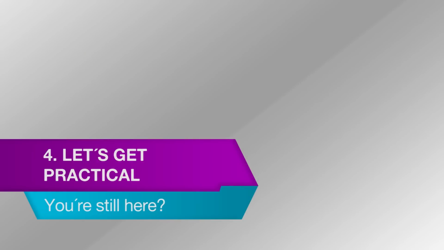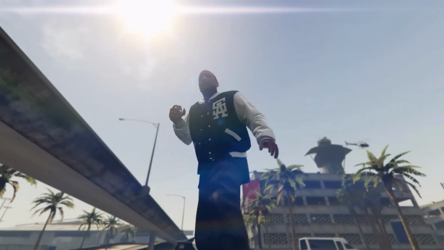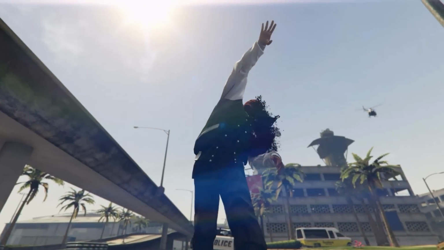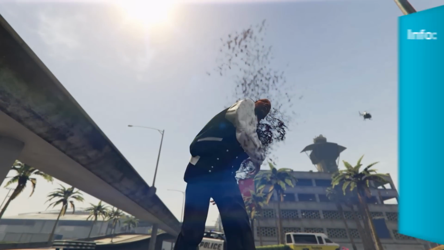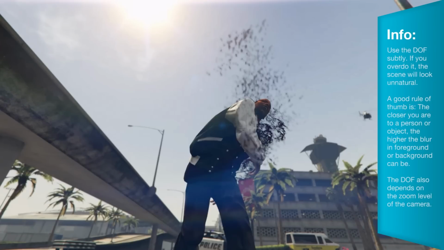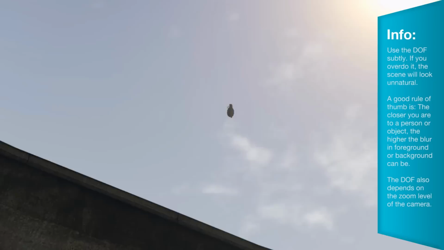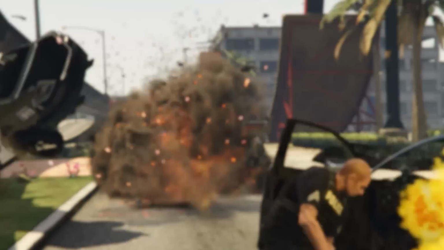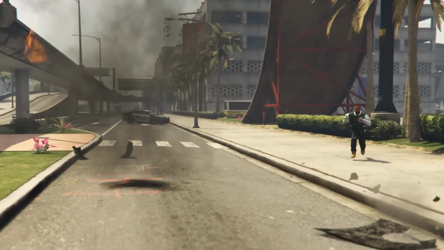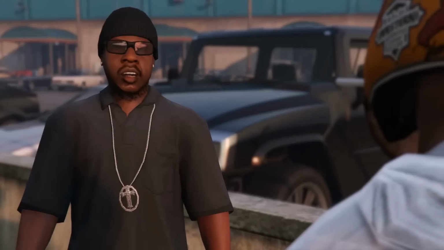Section 4. Get practical. This was the theory, now let's get practical. A very easy method to make your videos like real movies is depth of field. You should apply this when you have medium shots or close-up shots so the background or the foreground get blurry. When you have long shots, this effect doesn't and shouldn't have such a big impact, but nonetheless it can look cool. A big part about movies are dialogues.